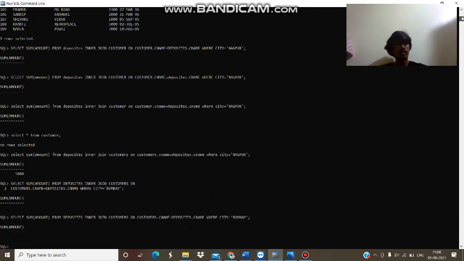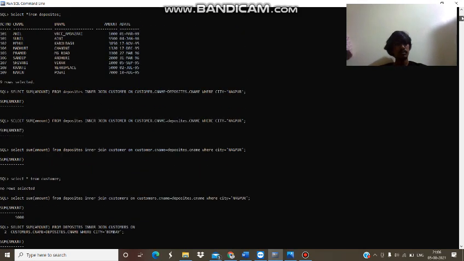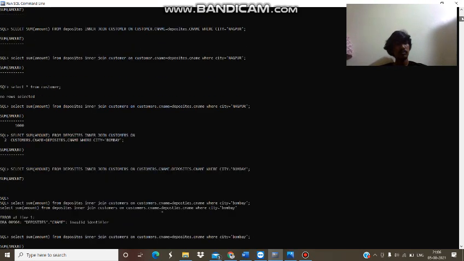See here, select amount deposited in a join of customers, and the deposit by the Nagpur is 1000. 1000 are deposited from the Nagpur.